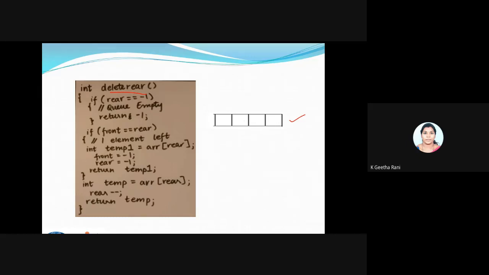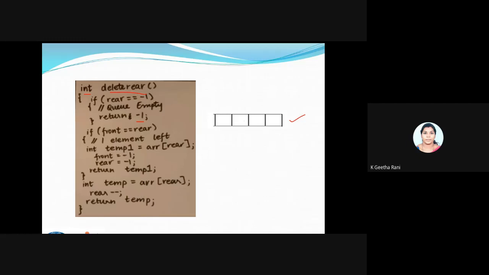So I have an if: rear is equal to -1 tells me the queue is empty. I don't have anything inside my queue. So here I can use return -1, because I'm having an integer return type. I'm just returning a number here. If you give just return, it throws an error, so for that I'm using -1 here.